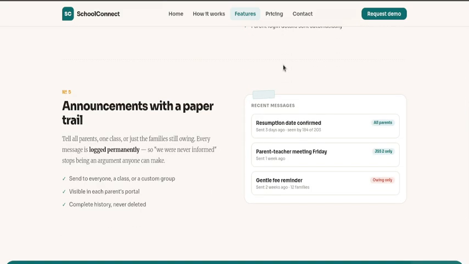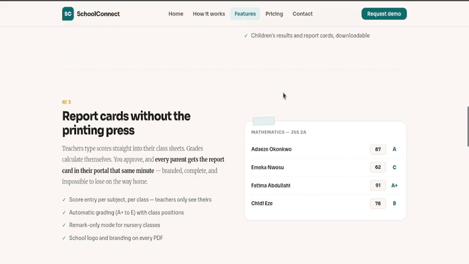Another thing School Connect does is an announcements platform where you can send out messages to parents. You can send to individual parents, or to parents in a class or in a department. You can send out reminders for school fees, and you don't need to send that to parents who have already paid. School Connect helps you send it to just the parents you want. If it's parents who are still owing the school, you can send to just those parents without sending to the other parents and disturbing those who have paid.